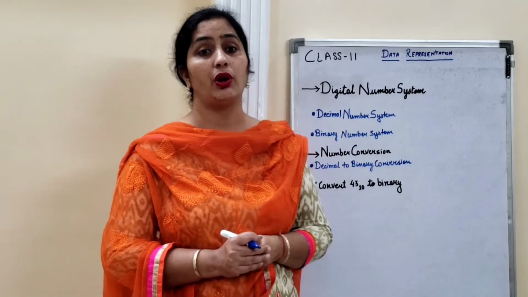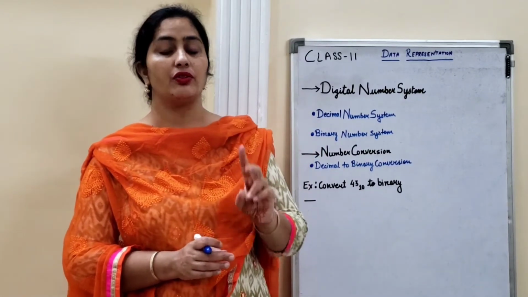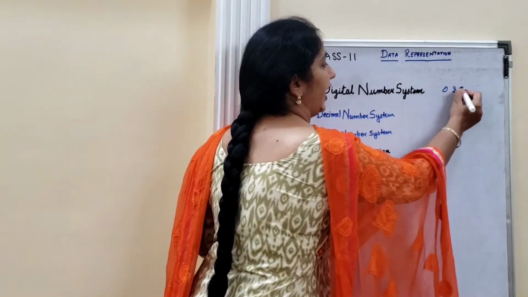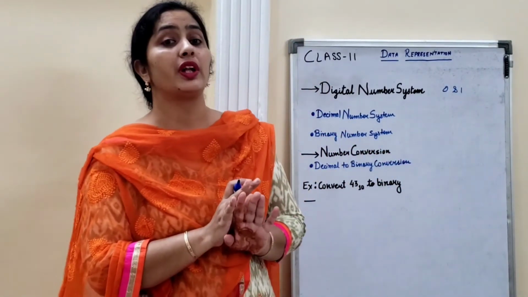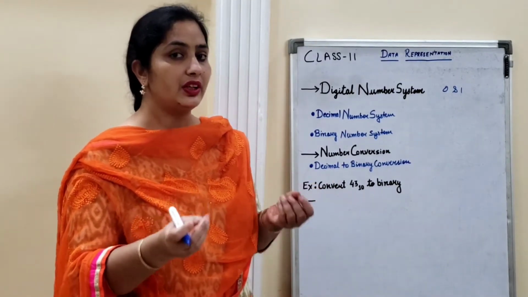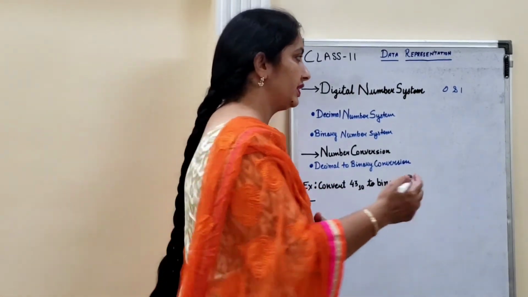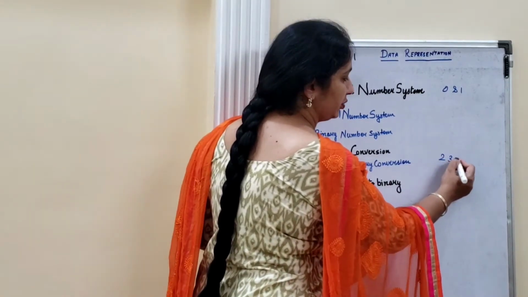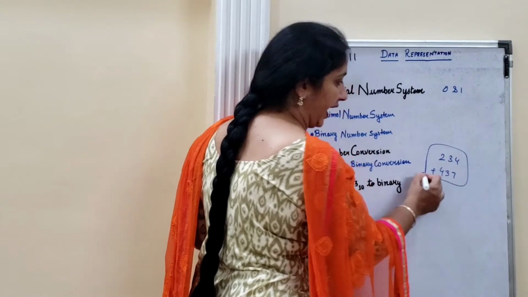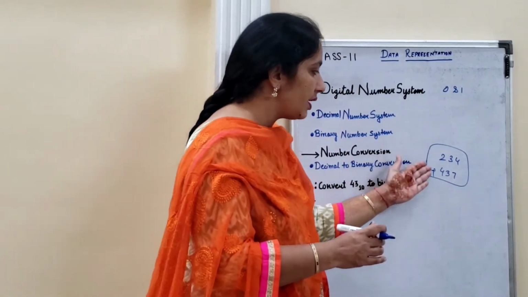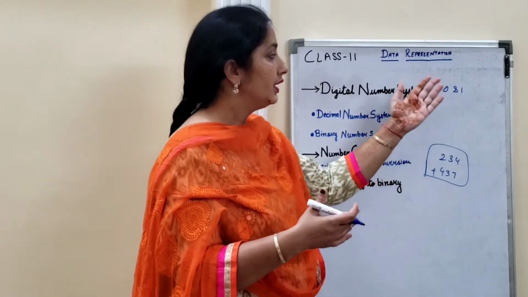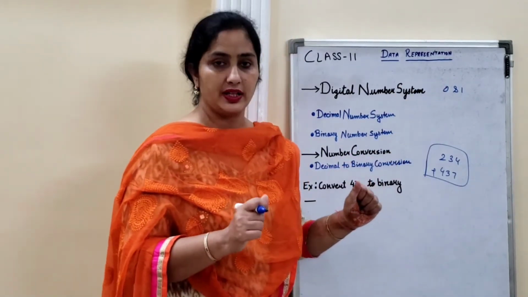Digital number system. We all know in digitized data we have only two numbers, that is 0 and 1. Except these we don't have any other number, right? So for example, even if we are adding two numbers, we are going to enter 23 and 44, 37, like this we are going to add two numbers. Then these numbers should be converted into the form of zeros and 1, then only the computer is able to understand.